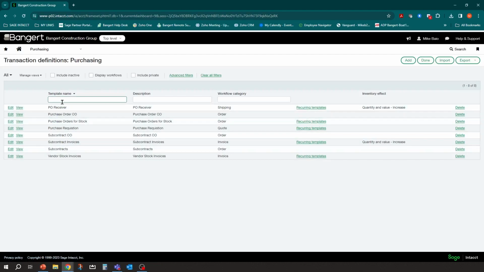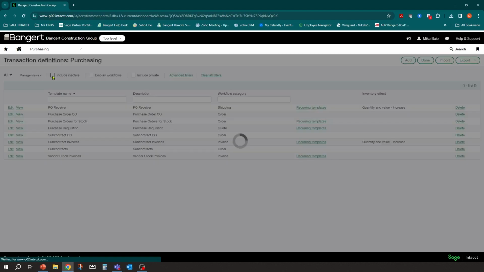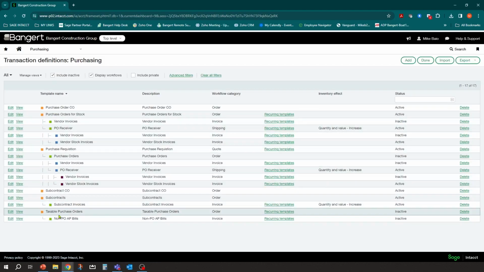If I turn it off, it's just going to show me all of the definitions that I have set up in the system that are active. I can include inactive ones if I check this box here. And now you'll notice there's a whole lot more. I have inactivated some of the ones that I'm not using, and you may have as well. So just to be sure that you don't already have one set up that you need or can use, make sure you check inactive to get a full visual of everything that's in your system.